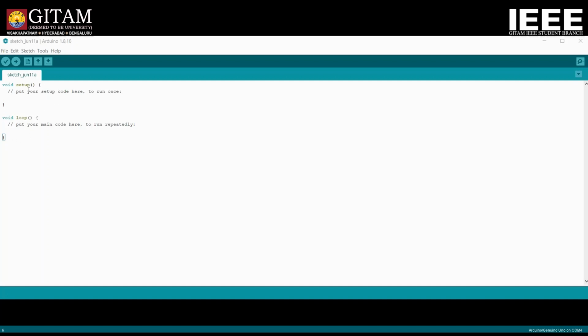But yeah, now when you open a new window of code that I've opened right now, you see two functions already placed for you right there, which are void setup and void loop. Now, don't go bananas seeing these. They are there for a reason, right? So the setup function that you see here is used when the sketch, well, the code in an Arduino IDE is known as a sketch, as you can see right here.